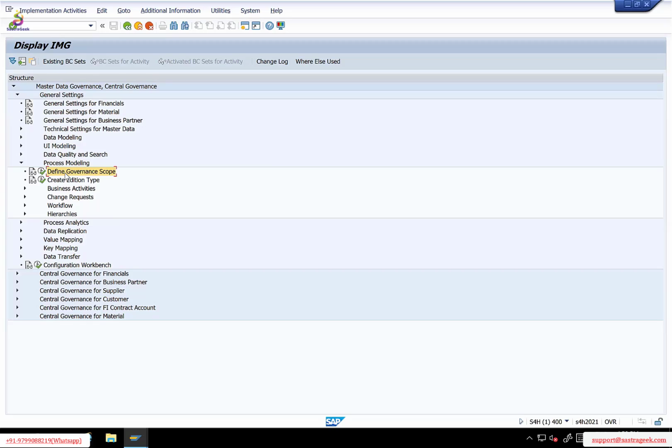So what does this mean, define governance scope? Basically, let's say, for example, certain attributes are there while creating your material master, and you don't want those attributes to be part of your governance scope. Governance scope in the sense,